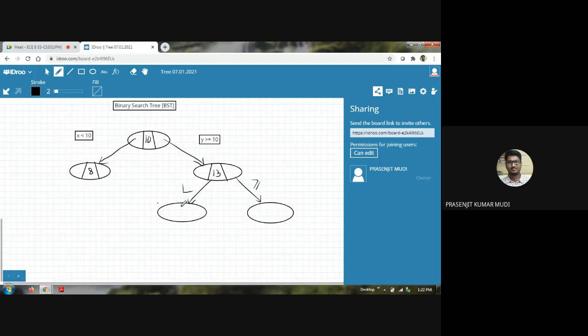Whenever you are expanding your tree towards the left subtree, you are applying the less than policy, and whenever you are expanding your tree towards the right subtree, you are applying the greater than or equal to policy. So if the data part of this node is Z, you can say that Z is less than 13, but it is greater than or equal to 10.